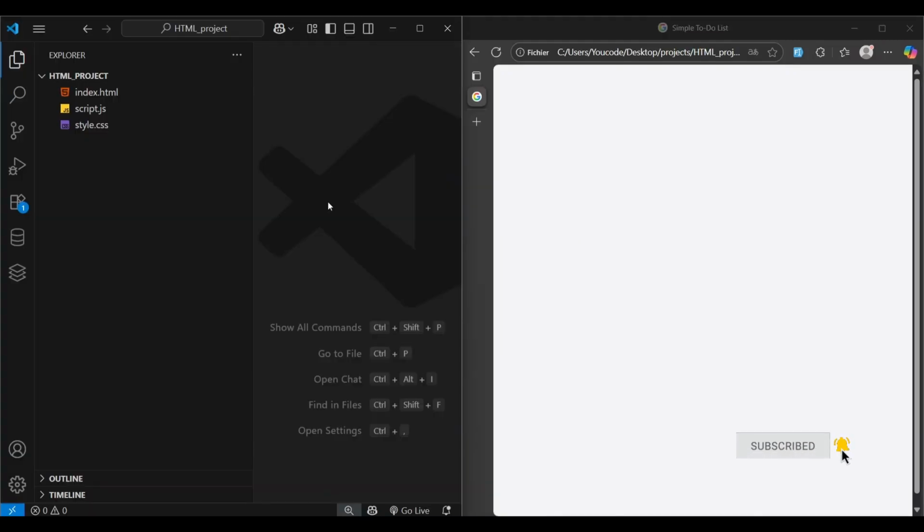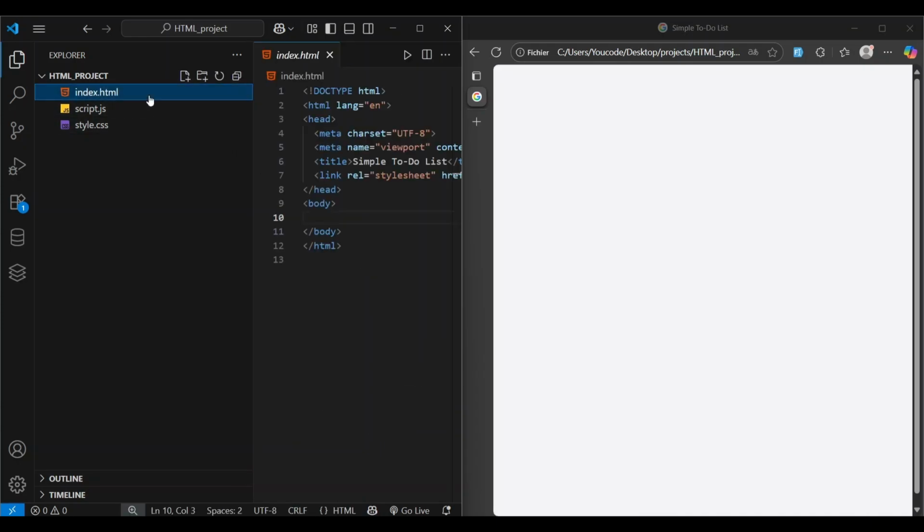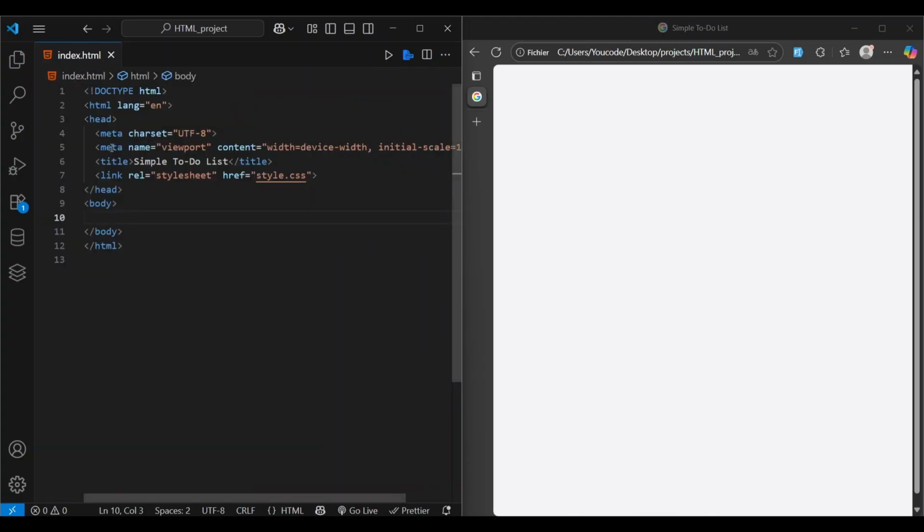For this project, we will need an HTML file, a CSS file, and a JavaScript file. In the HTML file, we will start with this simple HTML structure. Let's have a title tag, simple to-do list, and a link tag that will connect the CSS file and the HTML file. So, inside the body, we will add the to-do container using the div tag